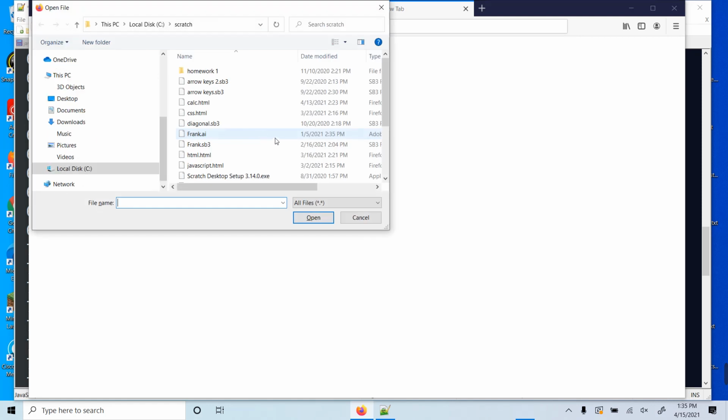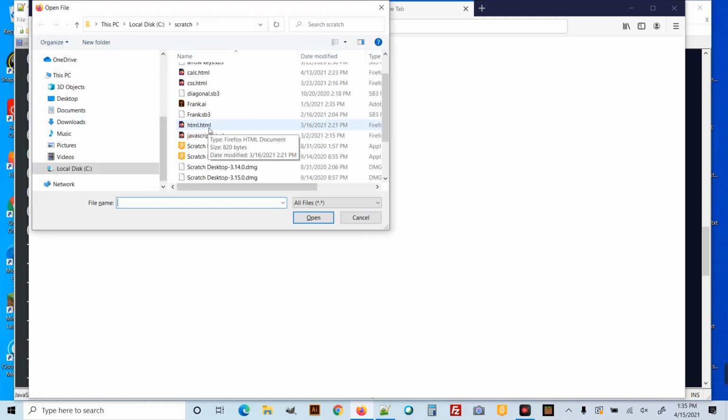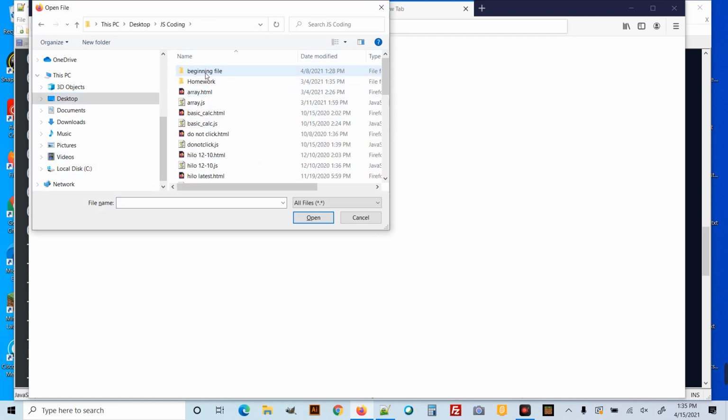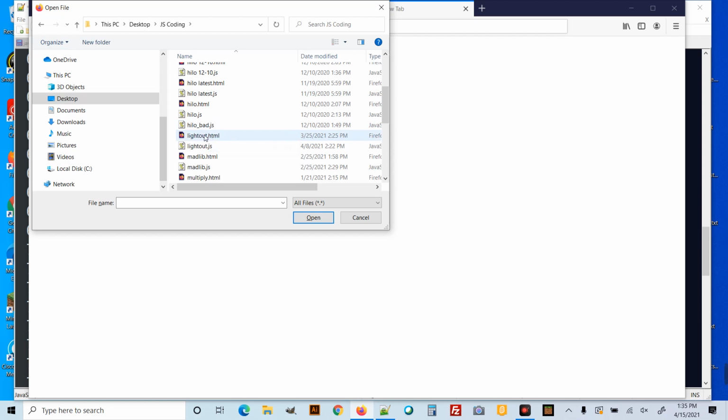Go ahead and open your code. Let's open up the lights out HTML in our control. Oh, there we go. In our thing here, I think JavaScript is actually on my desktop. There it is, light out. Okay, so last week we ran through this. We got it where it will